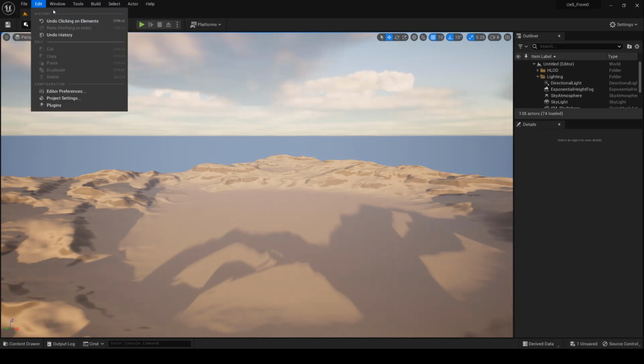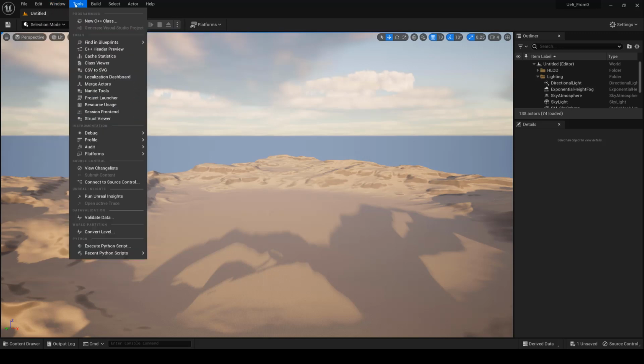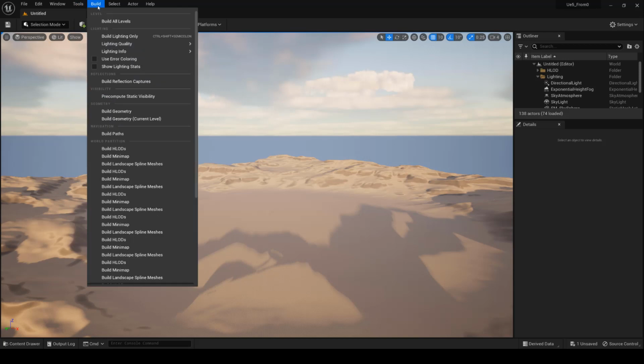From the Windows menu, we can access a whole series of Unreal Workspace panels and, as we've already seen, load and save layouts. From the Tools menu, you can access a range of useful tools for understanding the project, such as the Class Viewer and Project Launcher. Then we have the Build menu, which is used, among other things, to rebuild lighting, reflections, and apply quality filters